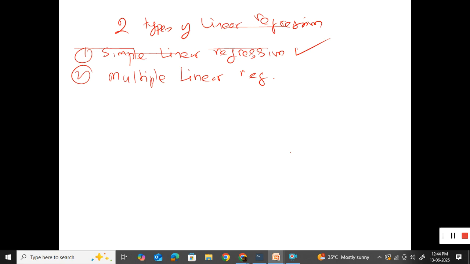In our example, we are talking about housing price. Housing price requires more than one independent variable. That is what is called multiple linear regression. In the case of multiple linear regression, you will be using more than one independent variable, or more than one feature. Instead of saying independent variable, you can also use the term features. We can use more than one feature to predict the housing price. If you use more than one feature or independent variable, that is called multiple linear regression. That's all, guys. Is it clear?